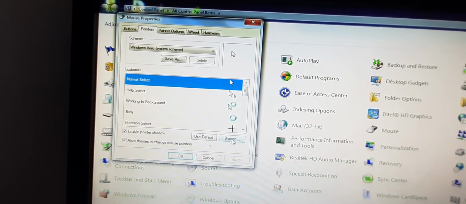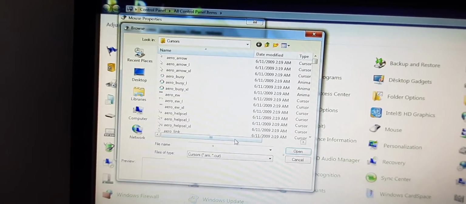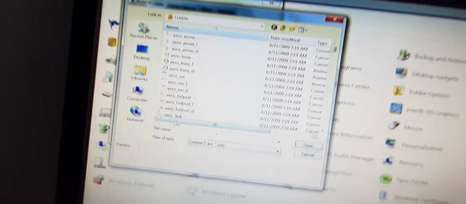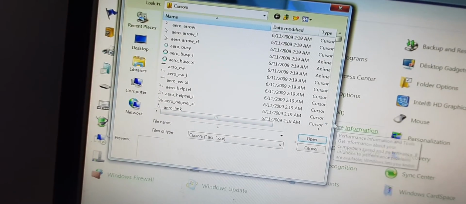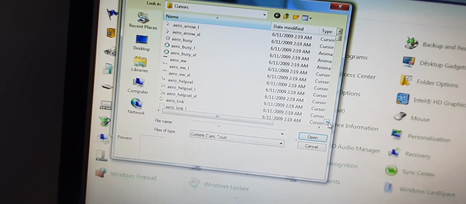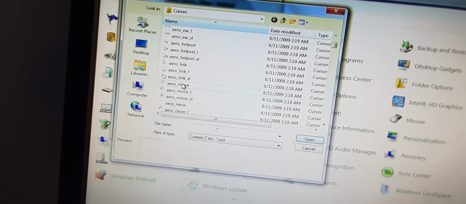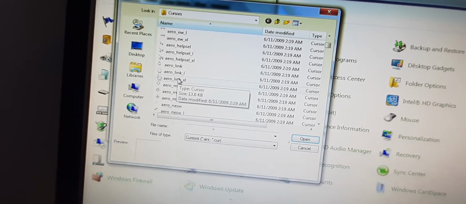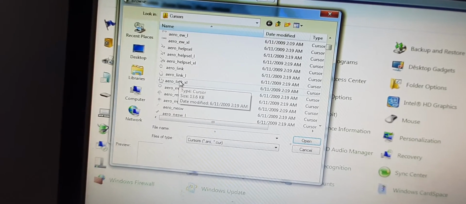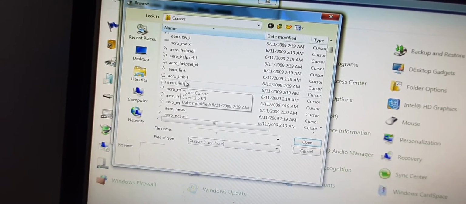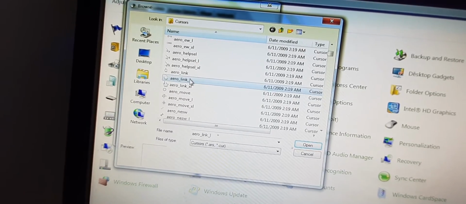So now we can browse from here, and these many pointers are there. You can see many pointers are there. Let's see which all pointers are there. Okay, so let's say we choose this one. Okay, it's in the form of hand. This is Excel. We will choose arrow link large.